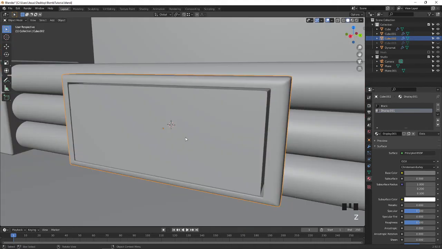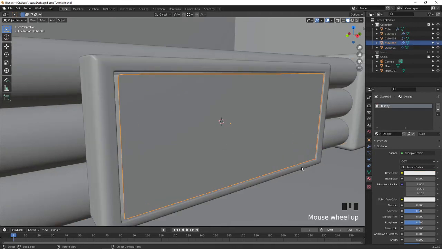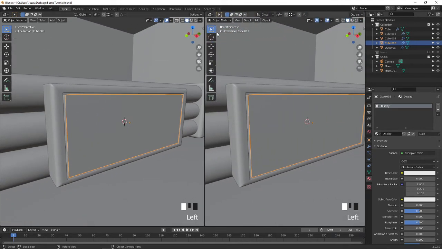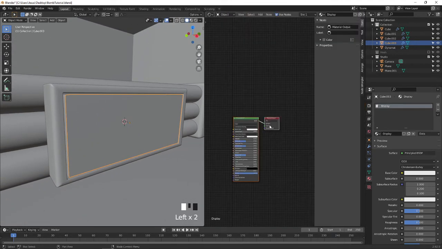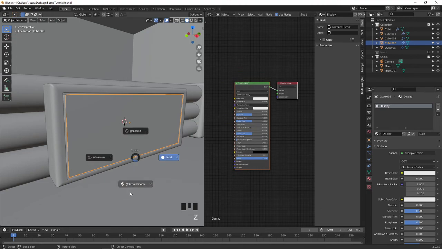This subdivision I'm going to make 0 because it's taking the subdivision colors inside that, which is not required for us. Okay, this one I'm going to make more dark. Okay, this will be nice, I think. And I go to the solid view once again, press Alt H to bring back this display screen, and I'm going to create a new window to open this. Go to the shader editor. Here in this display, I go to the material preview.